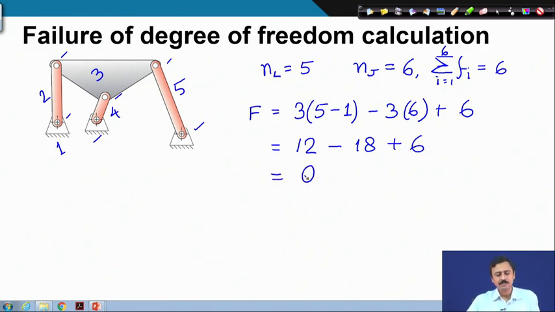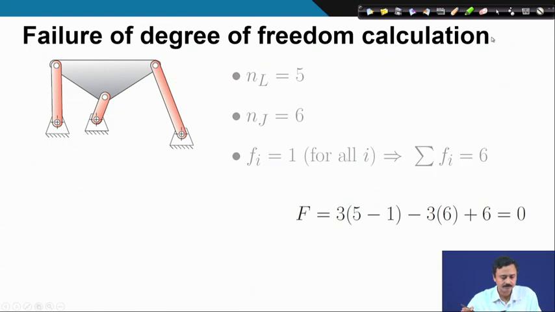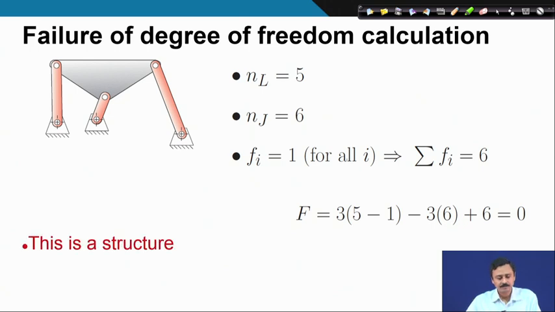Therefore, even though this chain looks like a mechanism, I mean it looks like it can move, but it cannot. The degree of freedom calculation tells us that it is a structure. So, this is our calculation. Now, this is a structure,